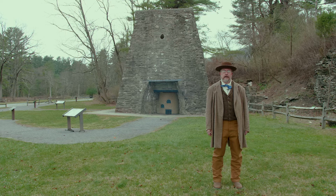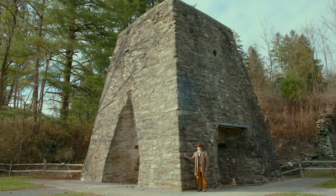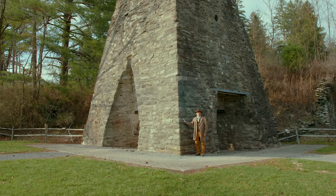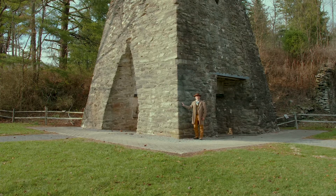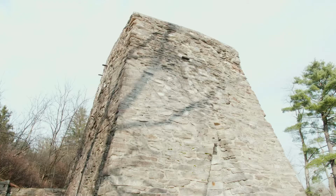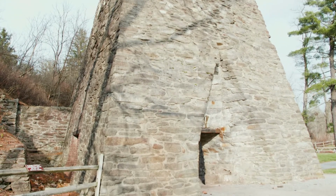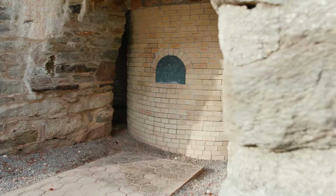We're standing in front of the old stone stack. That's the heart of Pine Grove Furnace. This is an old blast furnace, so called because there was a blast of air forced into the bottom during the iron making process. This particular furnace was built, we think, around the early 1770s and continued making iron until